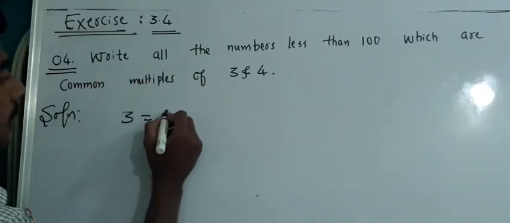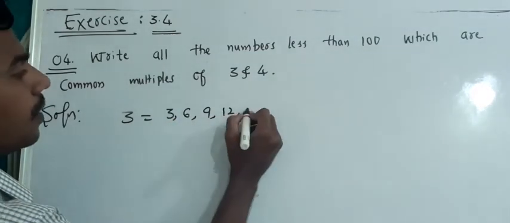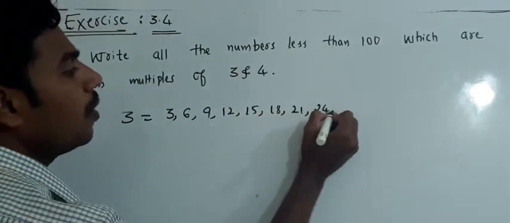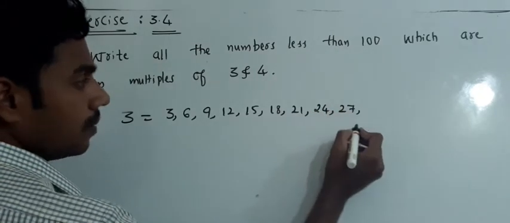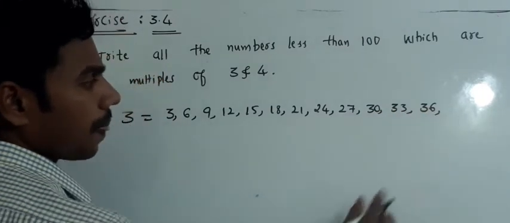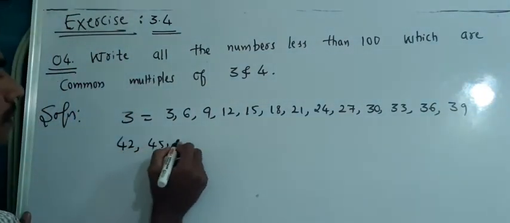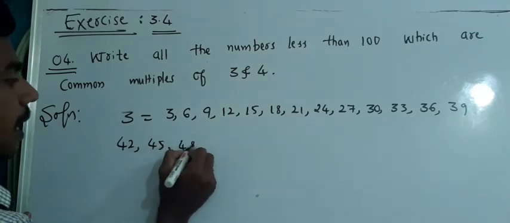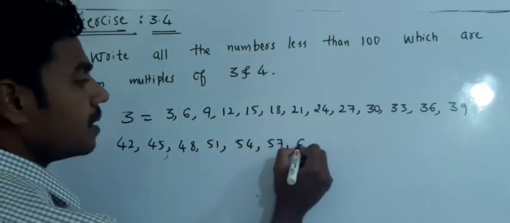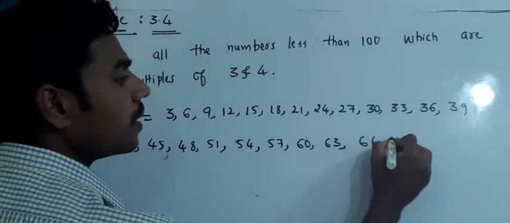How am I going to write? Start with 3, 6, 9, 12, 15, 18, 21, 24, 27, 30, 33, 36, 39, 42, 45, 48, 51, 54, 57, 60, 63, 66, 69,